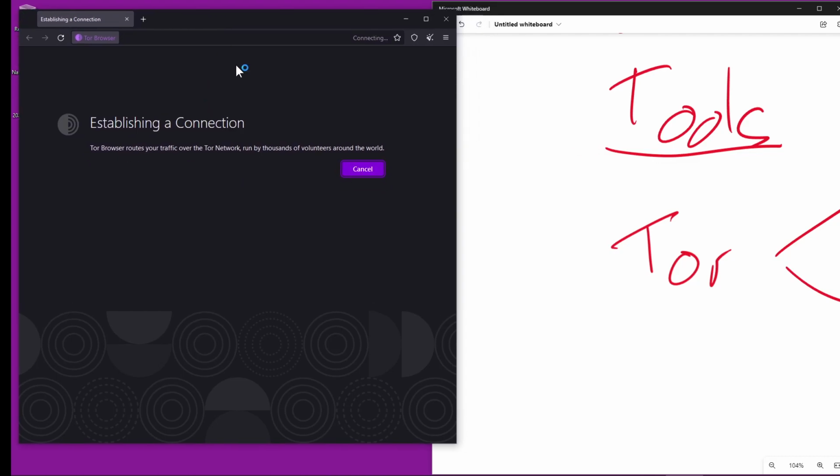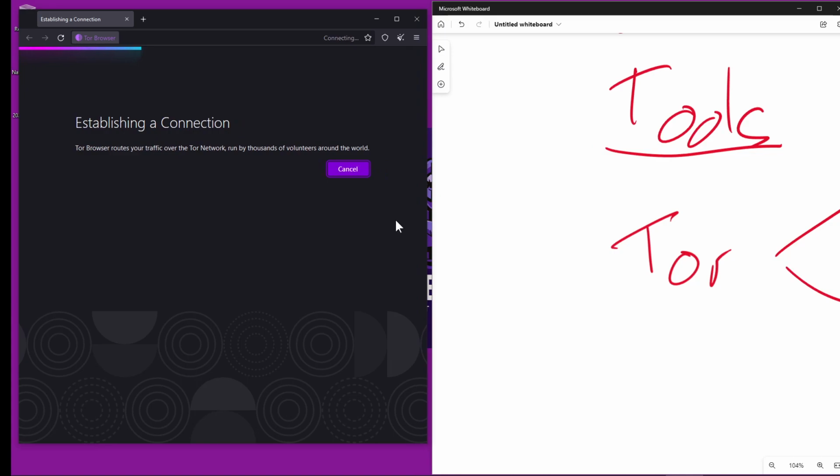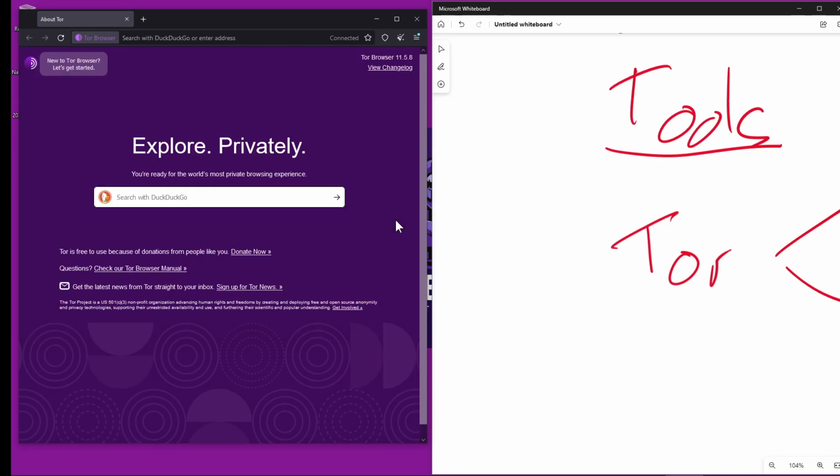It's very, very good. It takes some time to establish a connection. So you have to be a little bit patient when it comes to using your Tor browser. I'm on Windows at the moment, Windows 11, and it does take some time to connect. It's doing this because it's establishing a route from where you are, where I am, and through the Tor. Now I am going through the Tor.